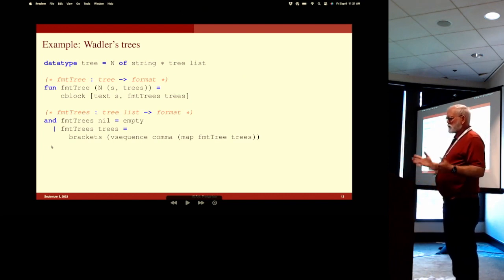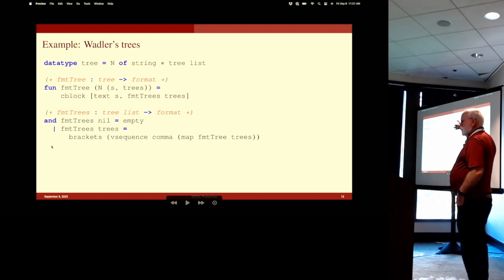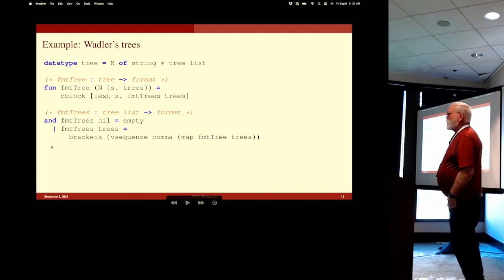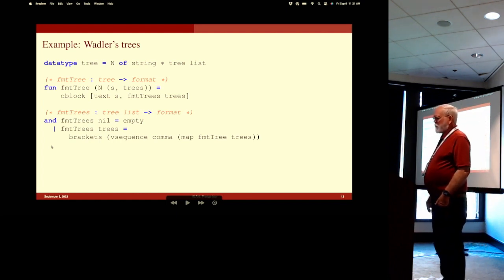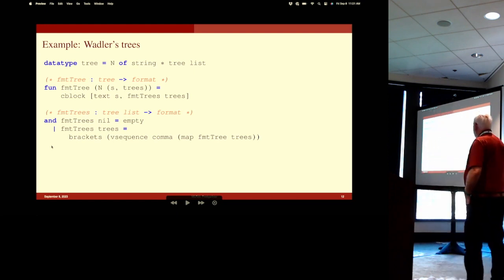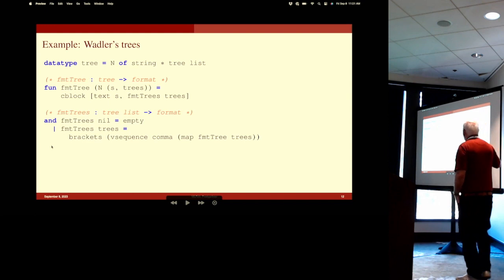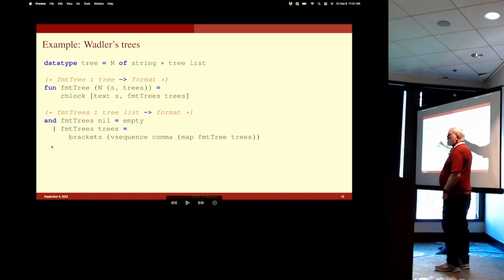So an example: in Wadler's papers, he has a couple of variations on prettyprinting a tree data structure. This is a very simple data structure. N is a node constructor. Node has a string and a list of trees as children, and we format it using these two functions. So C block creates a compact block with no separators, no breaks,